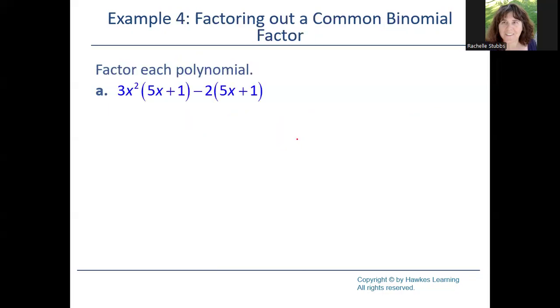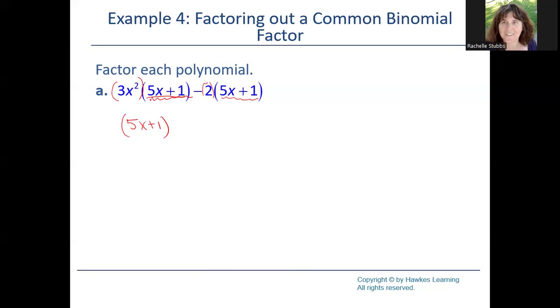All right, now this one gets a little bit unique. We're looking for factors that they have that are the same. In this first one here, I have the factor of 3x squared times the factor of 5x plus 1. And in the second section here, I have the factor of a negative 2 times the factor of 5x plus 1. What factor do these guys have in common? Well, if you notice, they both have a 5x plus 1. So if I factor that out,